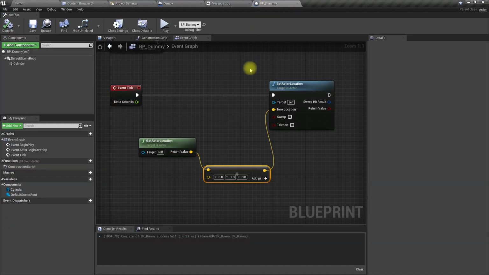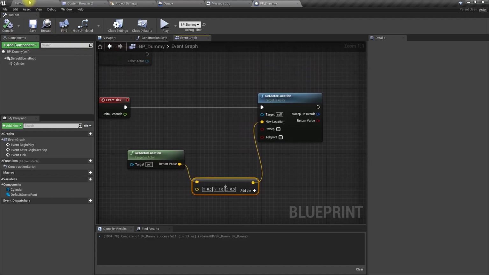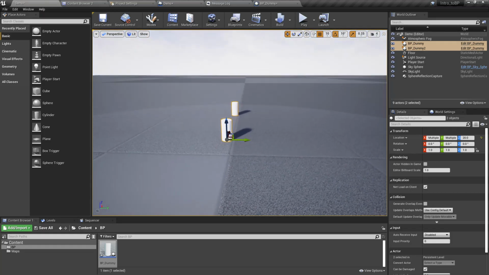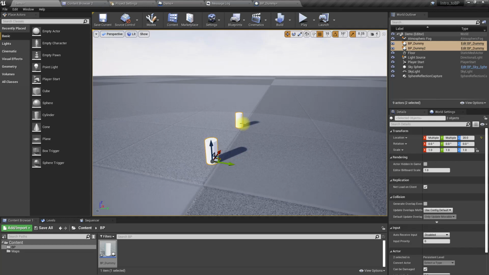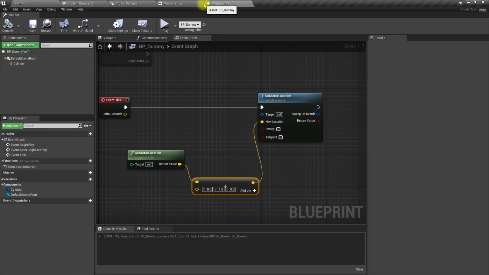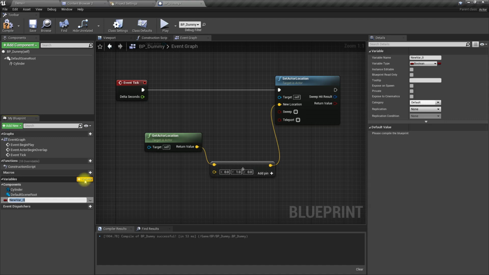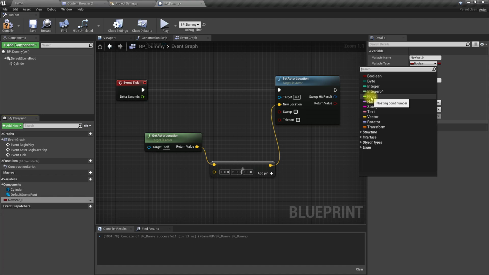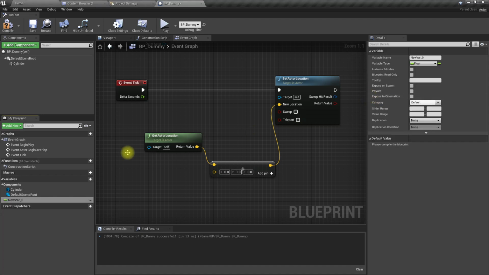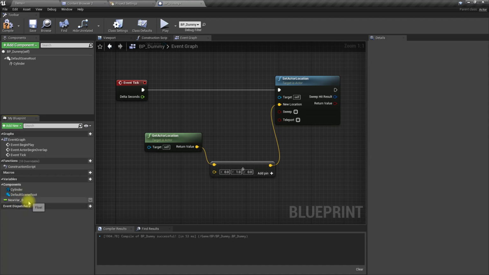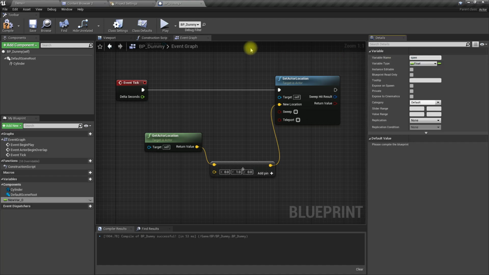And to make things a little more interesting, let's see how to make these two blueprints move at different speeds. For that we can use variables that you can see here in the variable section. Let's add a variable like this. When we add a variable, by default it will make a boolean variable. Boolean means true or false, but in order to define something like a speed, we will have to have a float type. So this float variable can hold a floating point number. So I'll rename this as speed,